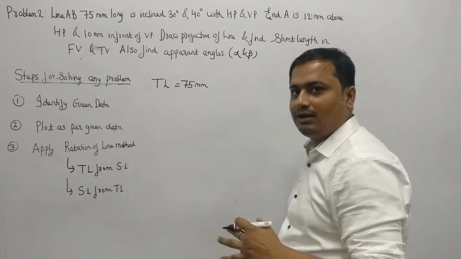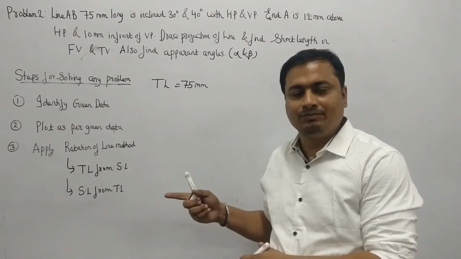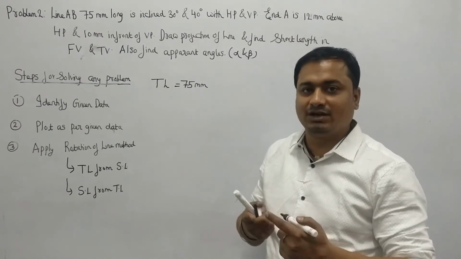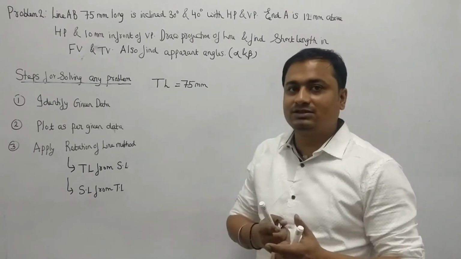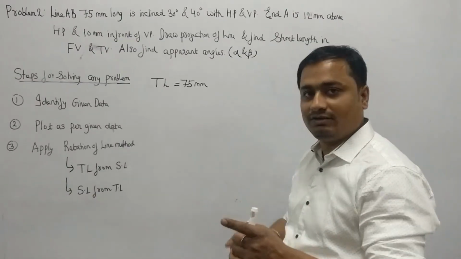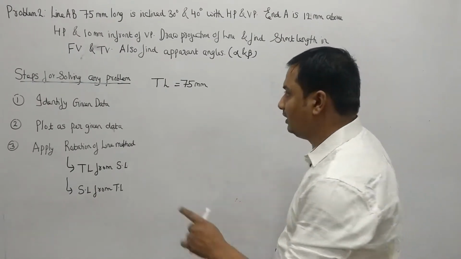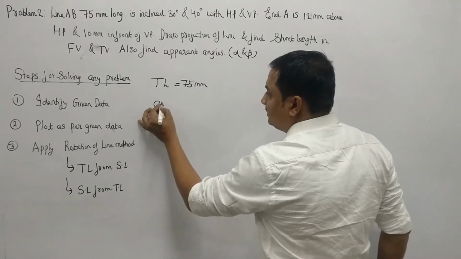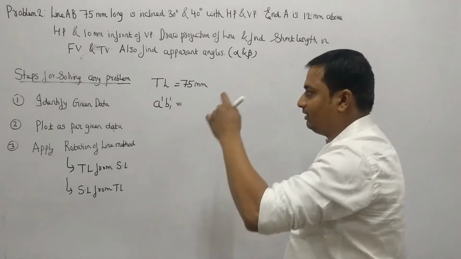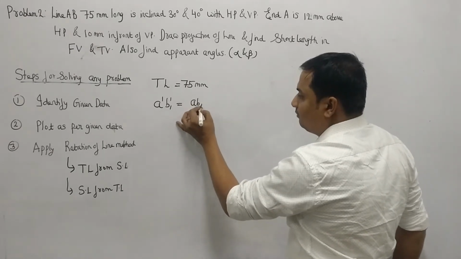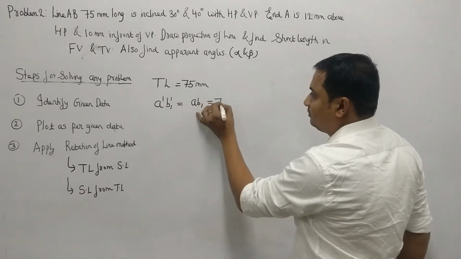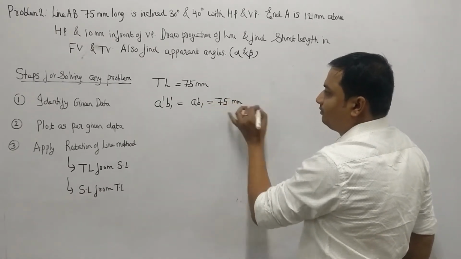Now as per our drawing, which we have seen in the projection of a line inclined to both the planes, what are the notations which we used for this true length? What notation did we use for the true length? You can refer to the last video. The notations were A dash B1 dash for the front view, and A B1 for the top view. Both are equal because that's the true length, and that is given to us, 75 mm.